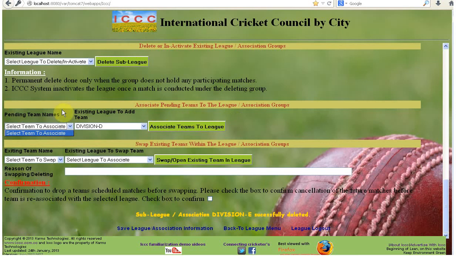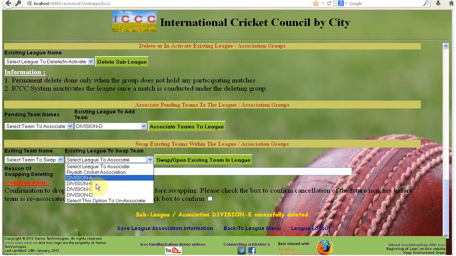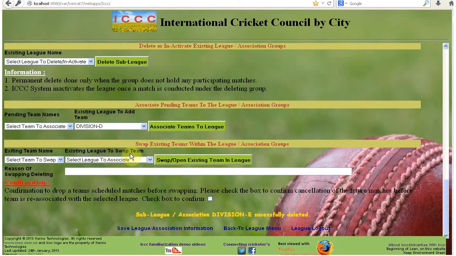Once any team applies to this league, you click associate and it will be added to the division. Similarly, within the leagues, you can swap teams. Once they are promoted to a higher division, you can select the team and move it to the new division. So this is all about managing leagues and the details.